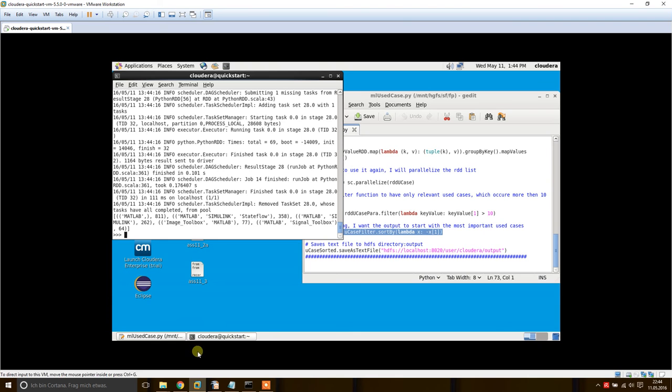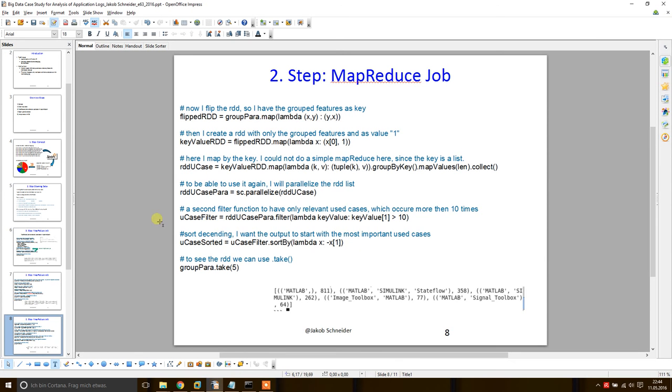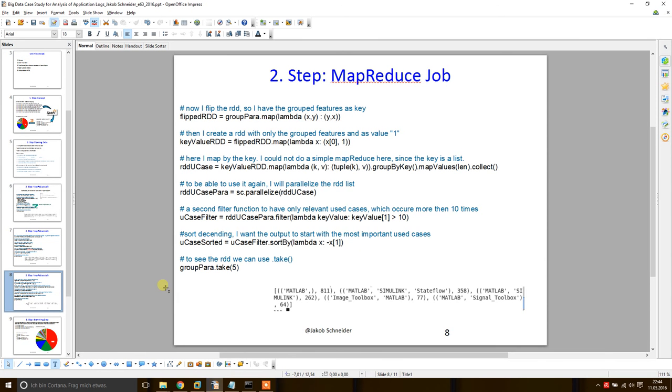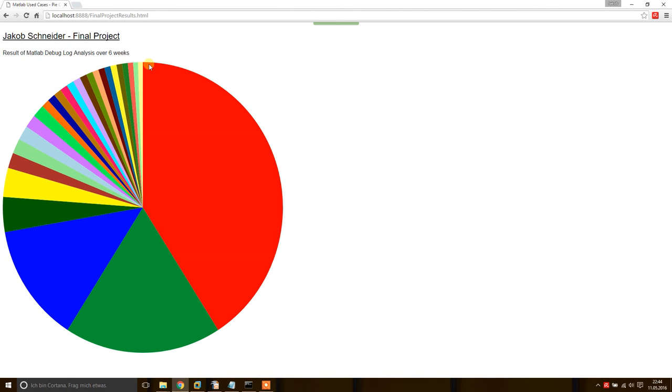What does that say to us? Well, now we have a list, like you see here, of features, but it's nicer to illustrate them. So what I did is I created a pie chart with D3, so we can analyze this. And yeah, like you saw, the biggest one is MATLAB. Then there's MATLAB, Simulink, and Stateflow. And here we have MATLAB and Simulink. Interesting. So if you have a look at those 3, we have around 75%